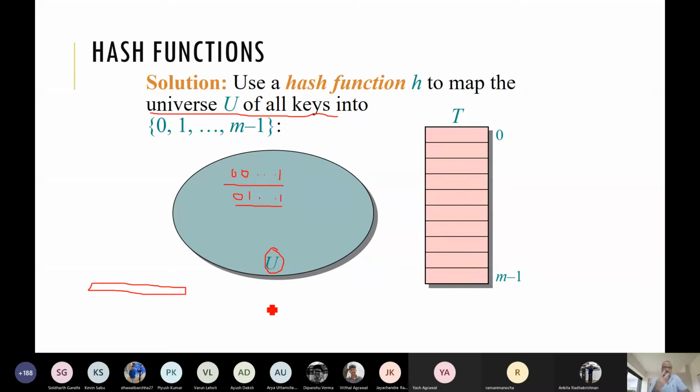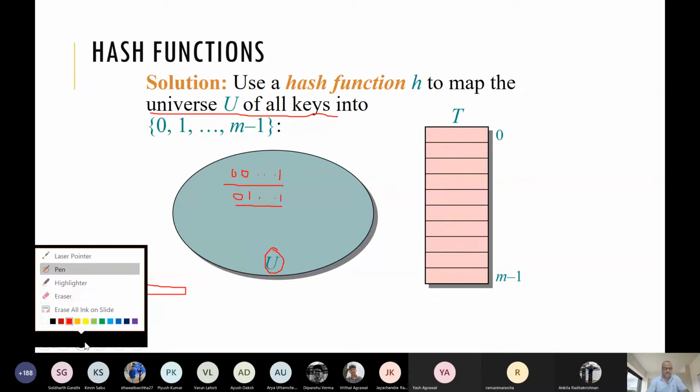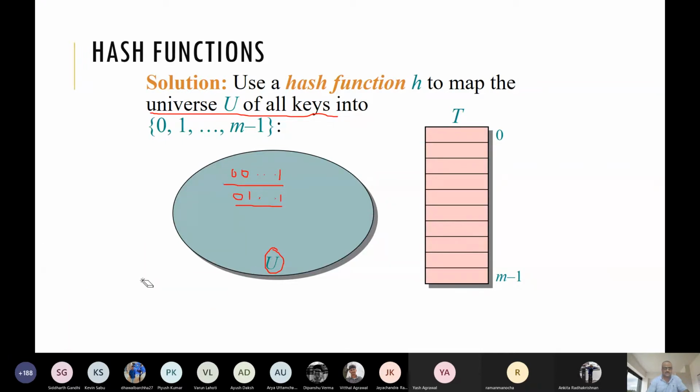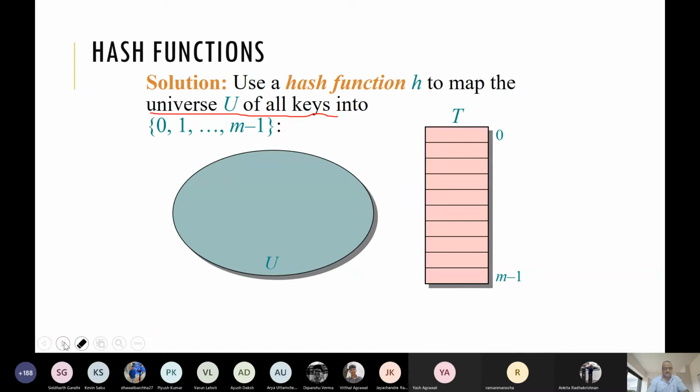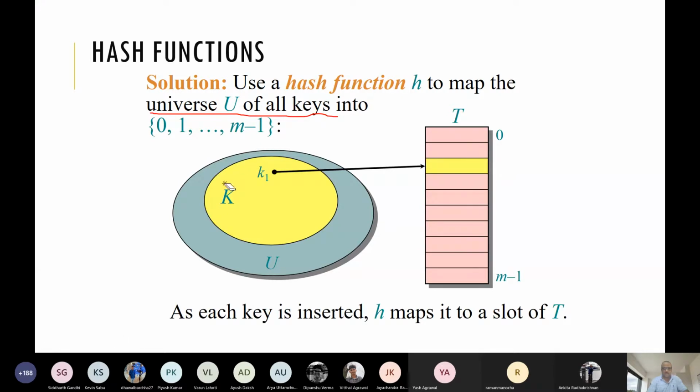But at some point of time, if you take a snapshot of our records, we don't have all the keys in our record. Among these, we have only a few keys, which is the set K. K is our records, the records of our interest.